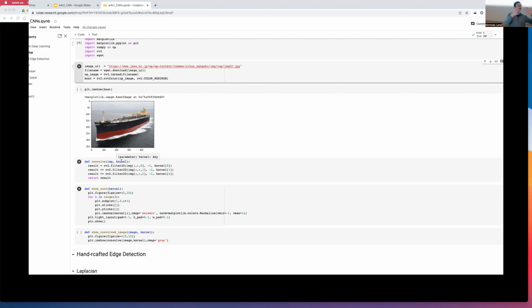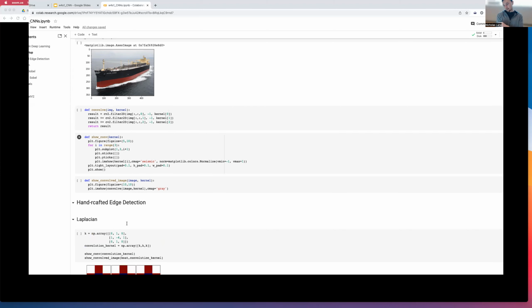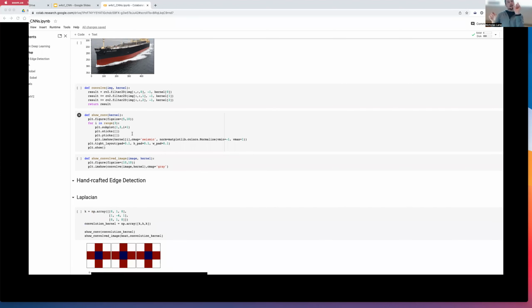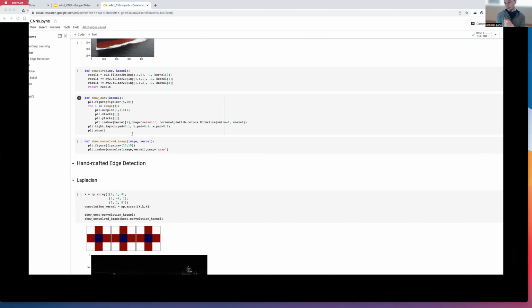So there'll be some defined set of parameters that we're going to put into this function and it's going to do its work. Nothing fancy going on here. You see image, and you'll see here the different channels, 0, 1, and 2, going through the different channels of this image. And then you'll see that this kernel also has a corresponding set of parameters for each channel. Then we have some helper functions for showing both the kernels that are applied and the output of the image, this output thing I've been talking about. So let's go through